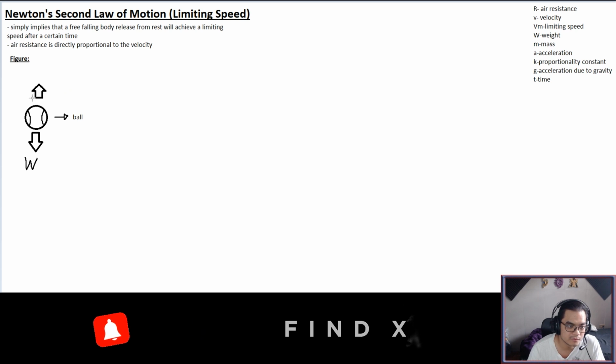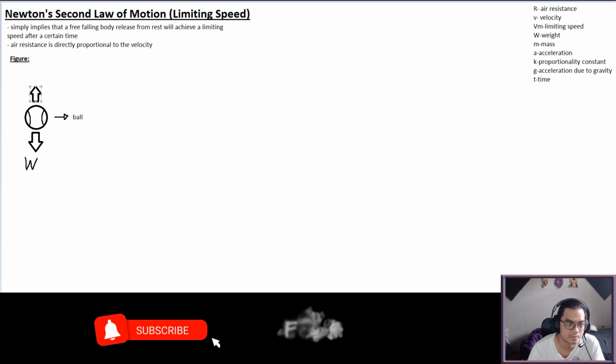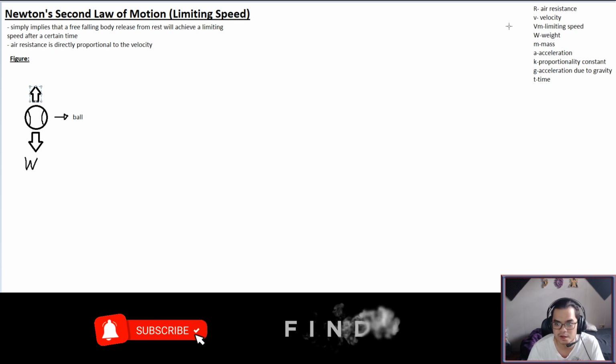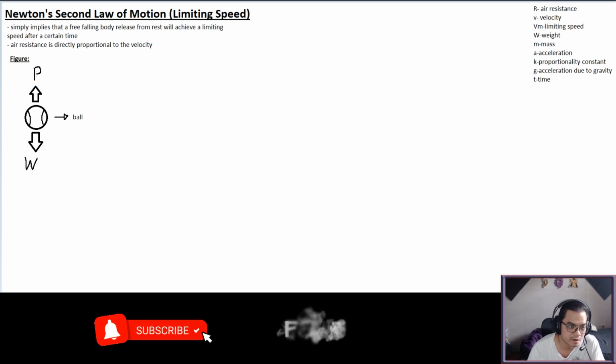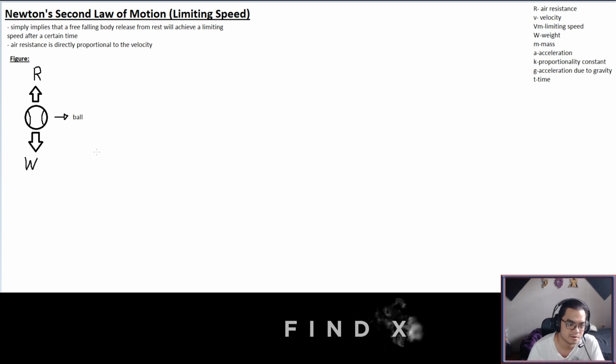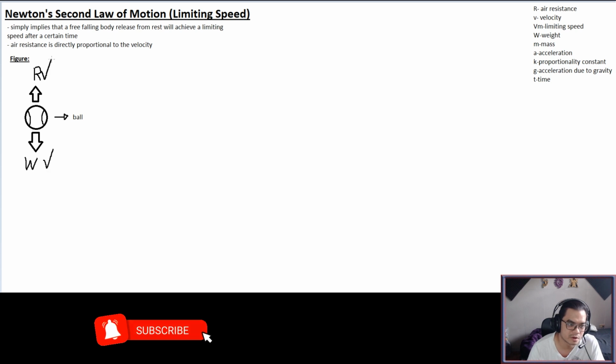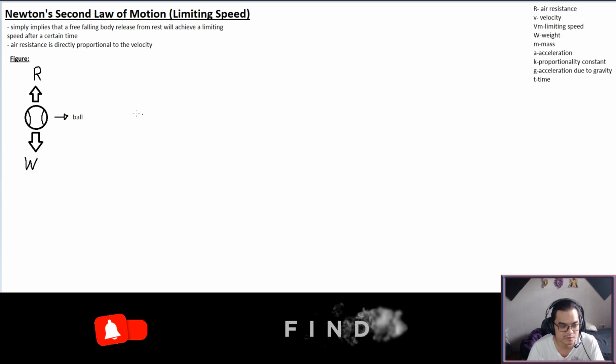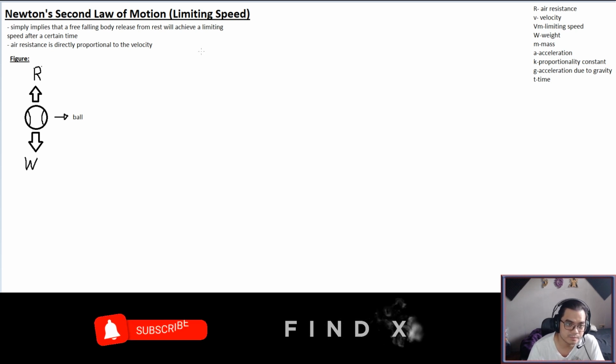So you must have here an air resistance. The symbol for air resistance that we will be using is R. So this will be your weight, and this will be your air resistance. Okay, so let's construct the forces along this,